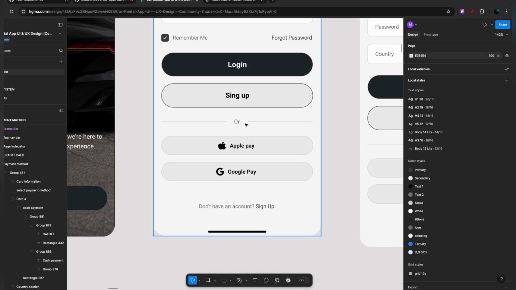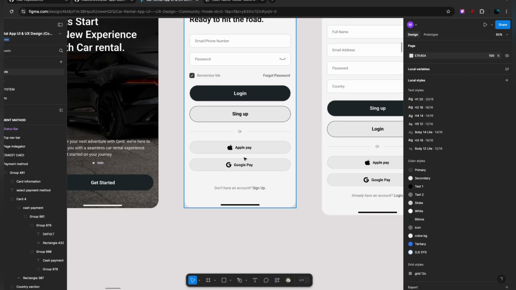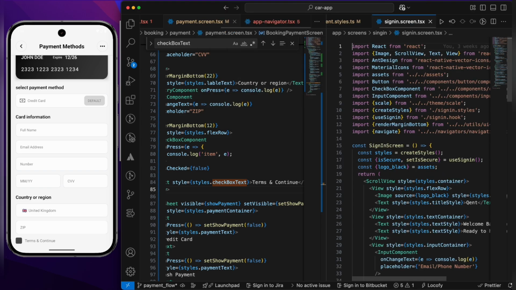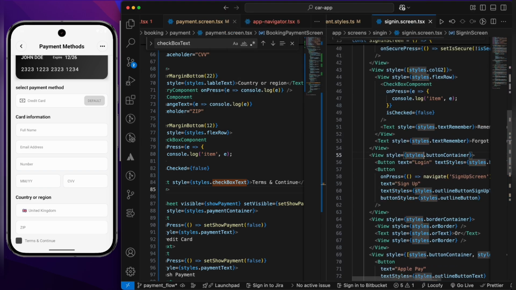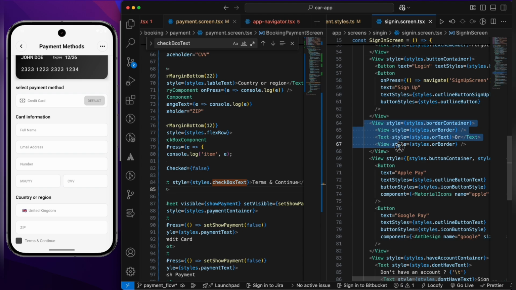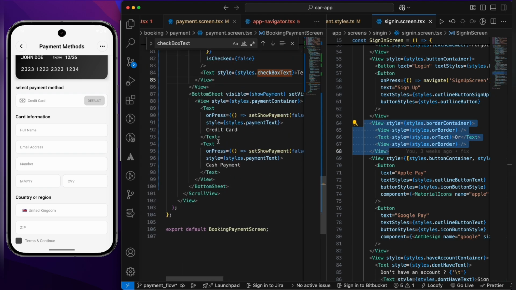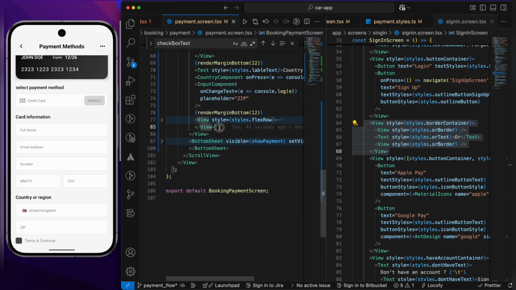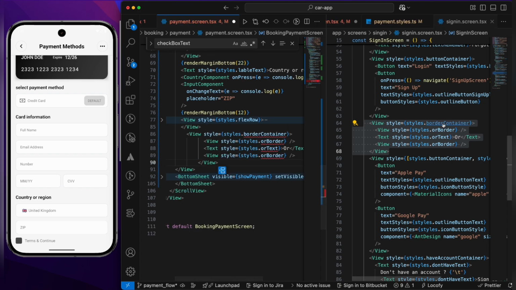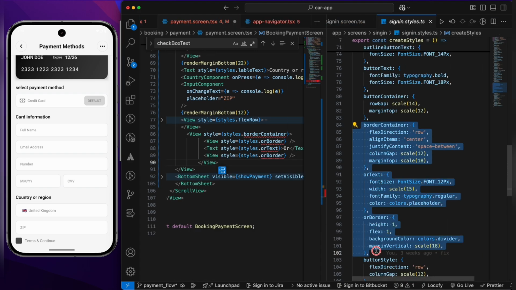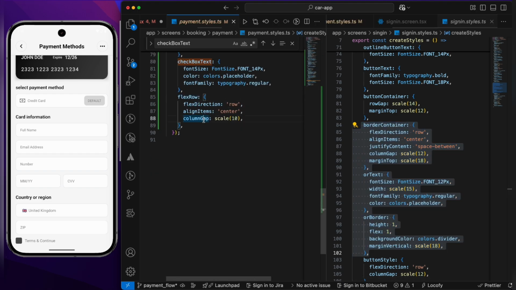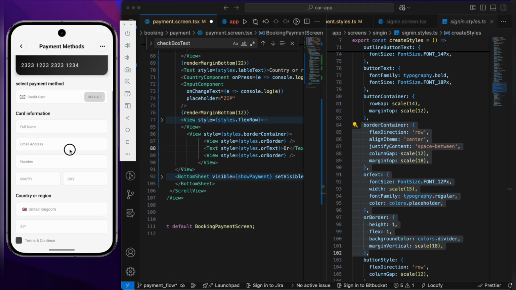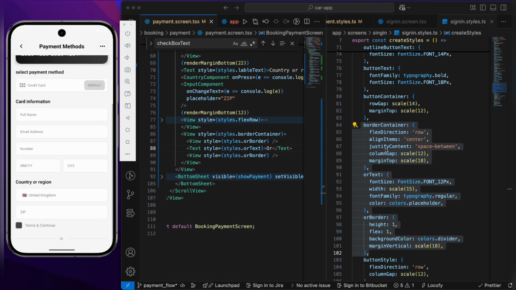you can see that we have this OR, and we need to copy these two buttons from there. So come over here, go to the sign in screen, and if you can see the OR, we have this border container. So let's come to this part, let's close this, and under this let's add this. We need to add the whole styles. Let's come over here and paste it like this, come back,